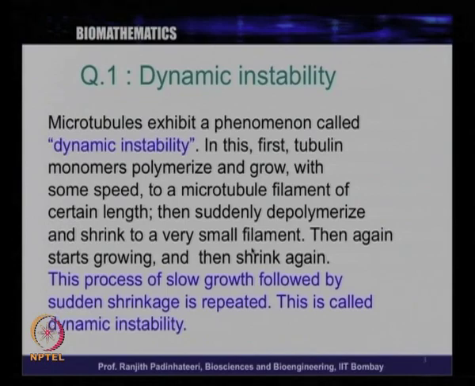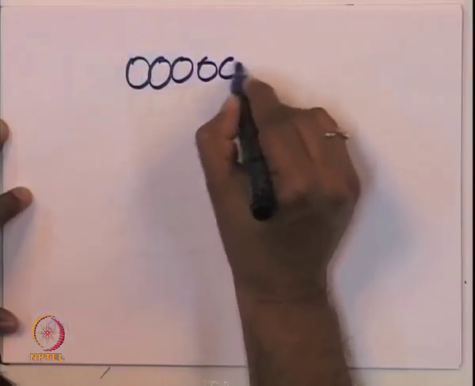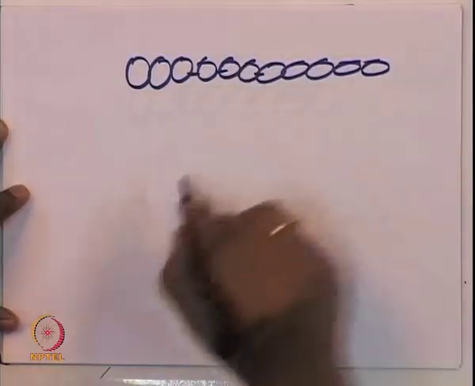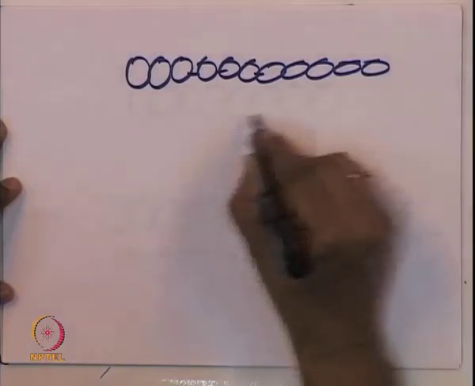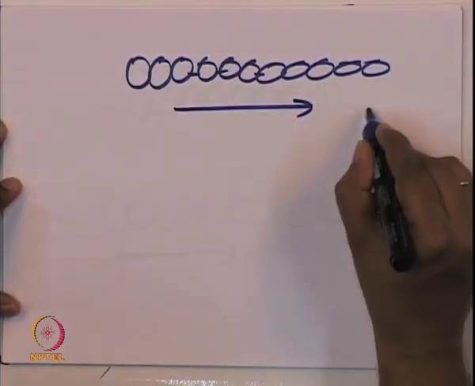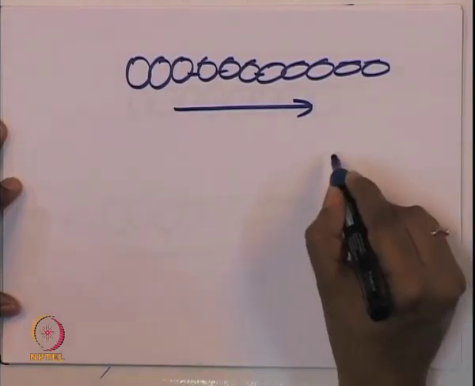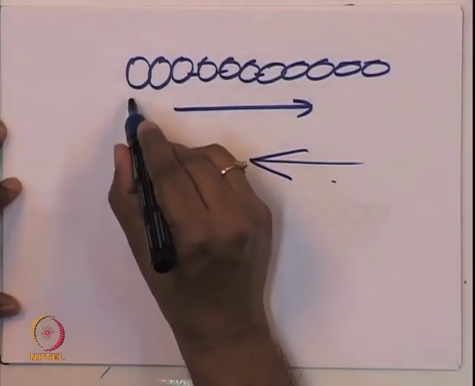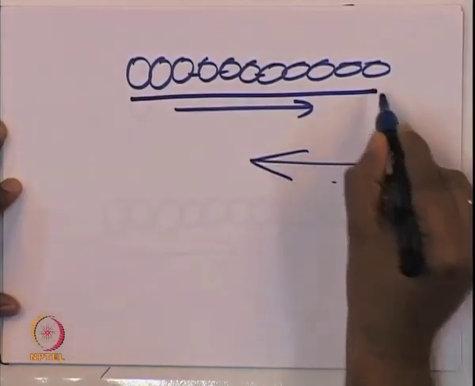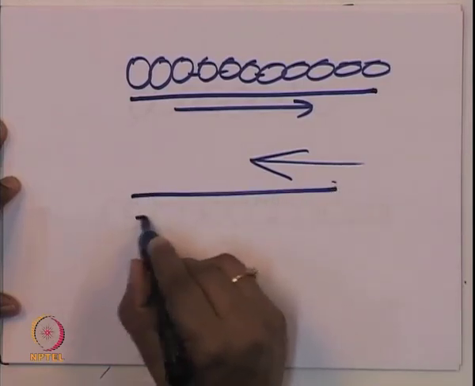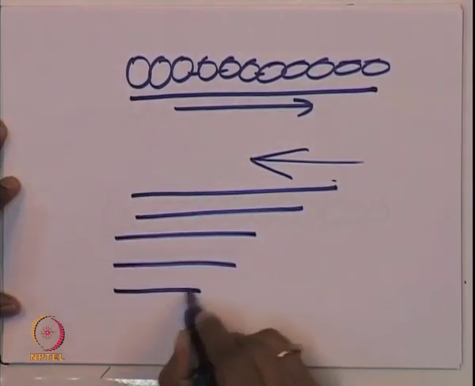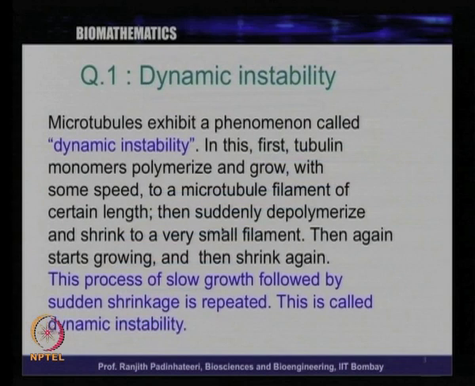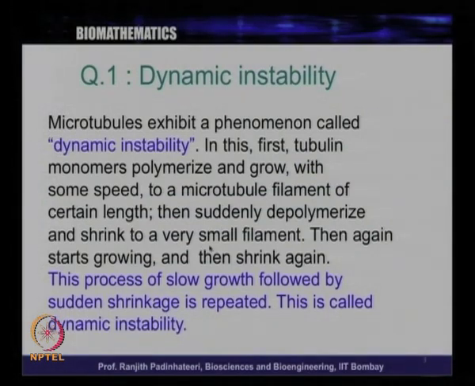So, basically we saw growing, and this grew like this, then suddenly at some point it starts to shrink. So, you have a filament of length this much, suddenly it will become a filament of length this, it will just start shrinking, the length will just decrease. So, that is the second part. Suddenly it depolymerizes and shrinks to a very small filament,